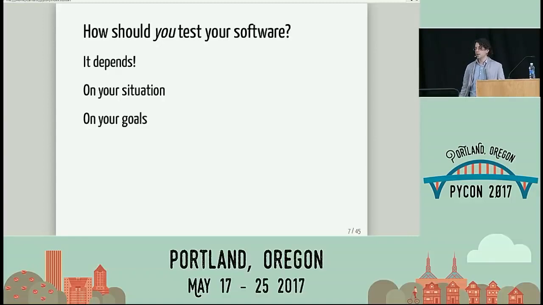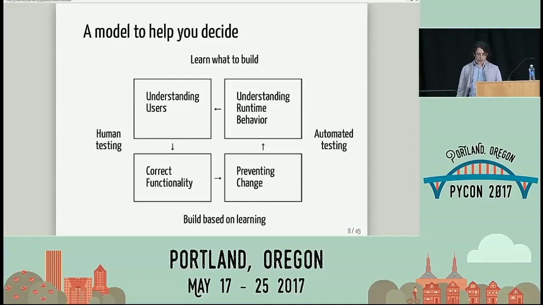And so today I'd like to share a model that I think can help you answer the question of how you should test the software in your particular situation. But in the end, this is just a model. It's just a series of suggestions. And the real answer is always, it depends on the specifics of your particular situation, your particular software, your particular goals. And so the model I'm going to be going through has 4 different kinds of testing, and I'm going to go over them as I go through the talk. So I'm not going to focus on them right now. But it's worth noting the 2 dimensions